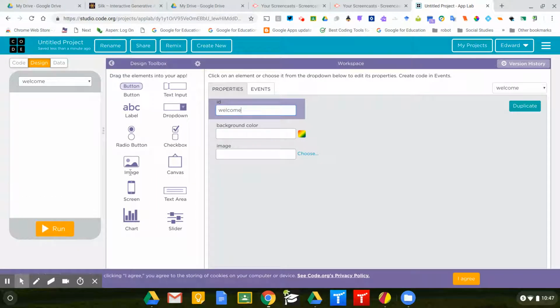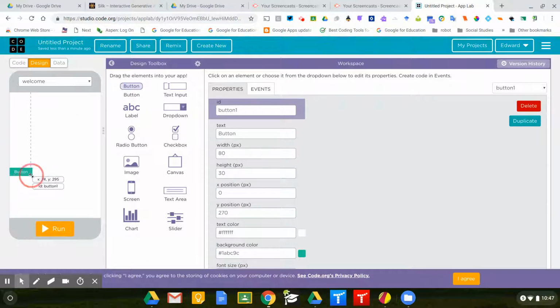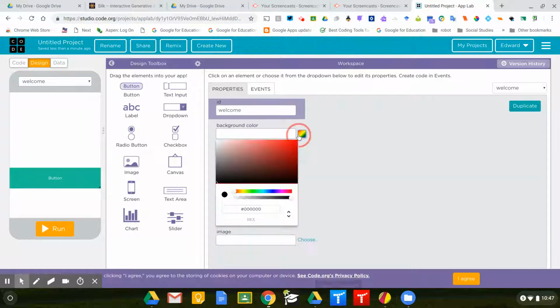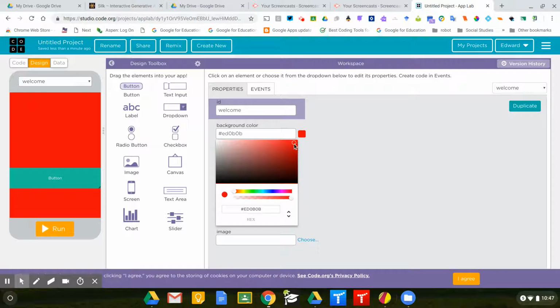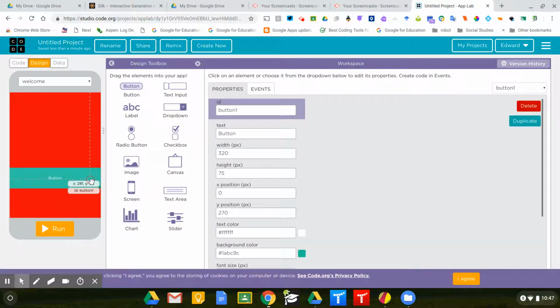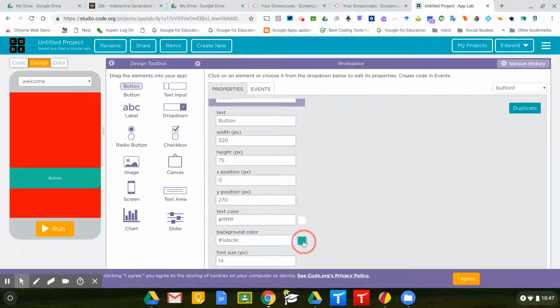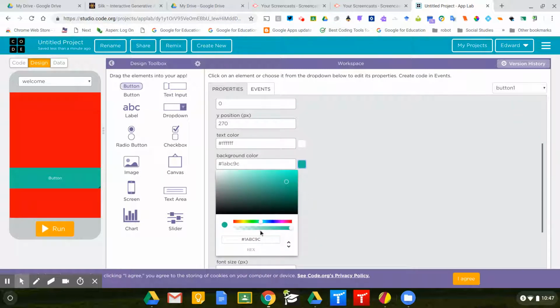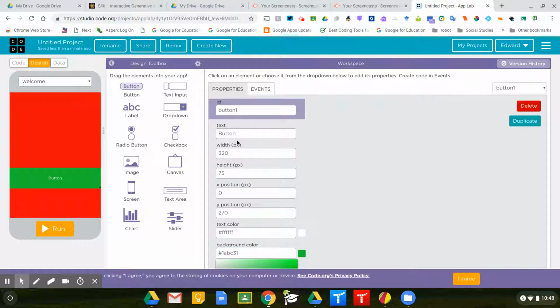I am going to take a button and put it in here. And I'm going to stretch it out, because this is kind of the way I like to do buttons. I'm going to take my background. Let's keep with the Christmas spirit, red. Click on the button. Let's get a better green. There we go. I'm going to put in here,